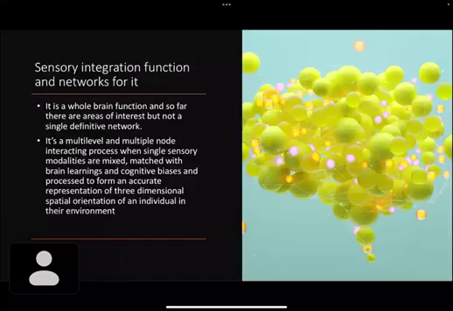So if we talk about sensory integration function and networks for it, then it is a whole brain function. And so far there are areas of interest, but not a single definitive network. It is a multi-level, multi-node interactive process where single sensory modalities are mixed and matched with brain learnings of previous times and cognitive biases and processed to form an accurate representation of the three-dimensional spatial orientation of an individual in their environment. That is why spatial processing should be a special sense. Anyway,